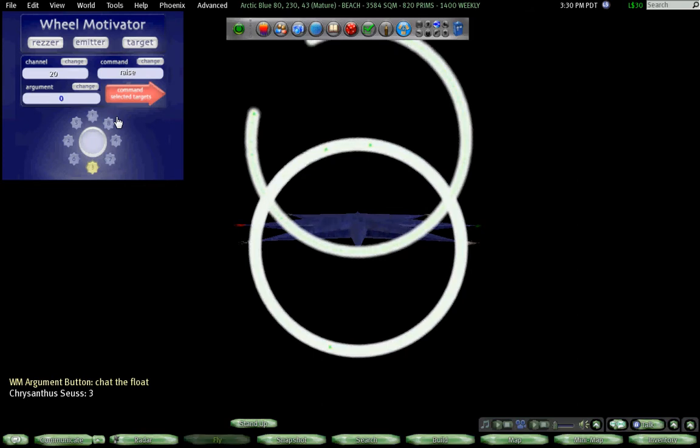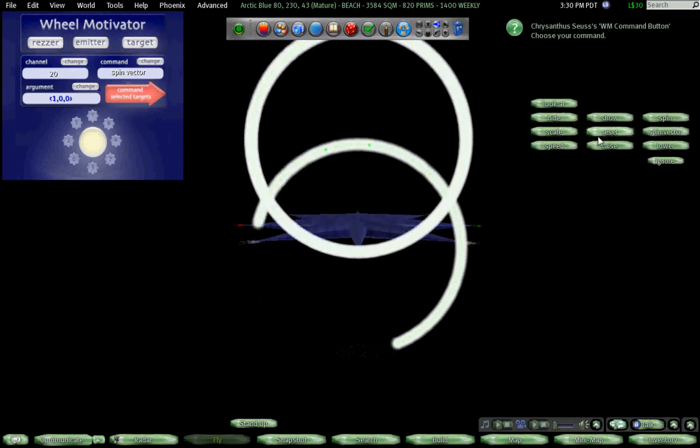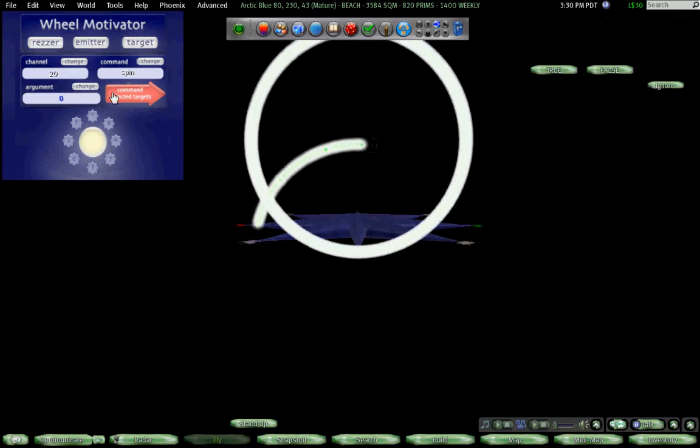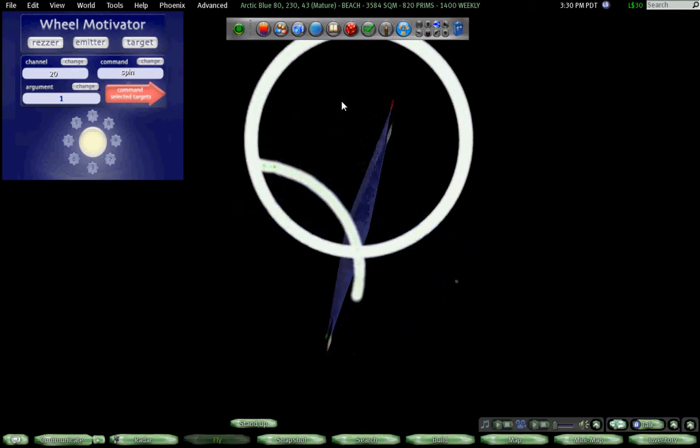So now if I spin the wheel as well as the emitter, which is currently spinning, I want to check the wheel's spin vector because I reset. Okay, it's still at 1, 0, 0. So when I spin the wheel, then I've got a circle tracing out in a circle, and that's where I get a pattern,